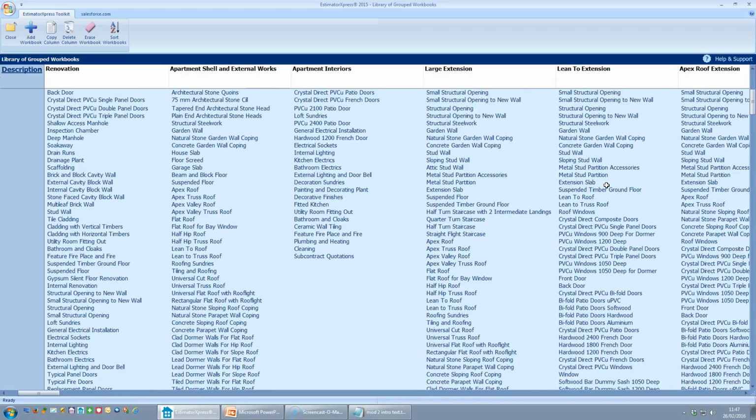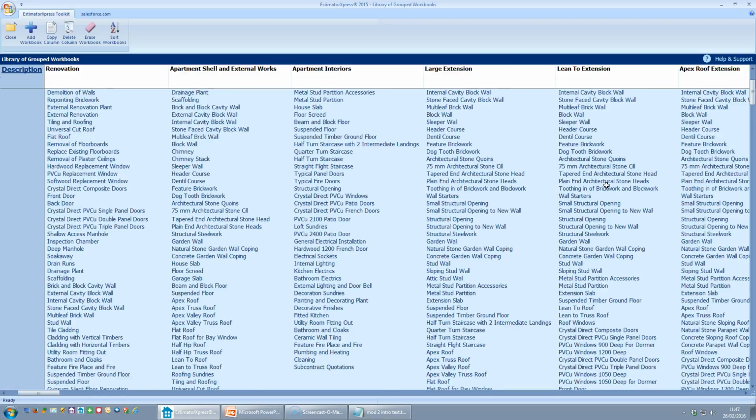Some people like to have the really big lists. Other people find that these can be a bit daunting, and once you've got an idea of the software, the things that you're typically estimating, and you've become comfortable with adding or removing workbooks from an estimate, you can start to fine-tune these lists to maybe get rid of some of the workbooks that you know you either never use or very rarely use. So if we use our lean-to extension group here as an example,